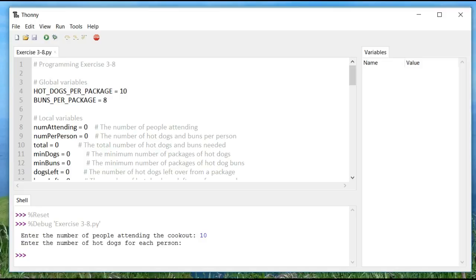Today I want to talk about using the debugger in Thonny. Now, the debugger is very useful for finding logic errors. It's not terribly useful for syntax errors, although the interpreter is very good at telling us when we've spelled something wrong. It's not very good at runtime errors, although helpful because runtime errors typically mean we're asking the computer to do something that's totally not consistent with what the